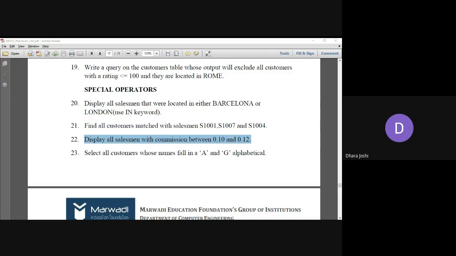Right now, the task for all of you is to write the SQL query to display all salesmen. We are referring to the salesman table, and we need to display all the details where the commission is between the lower and upper limit. I'm waiting for your response.